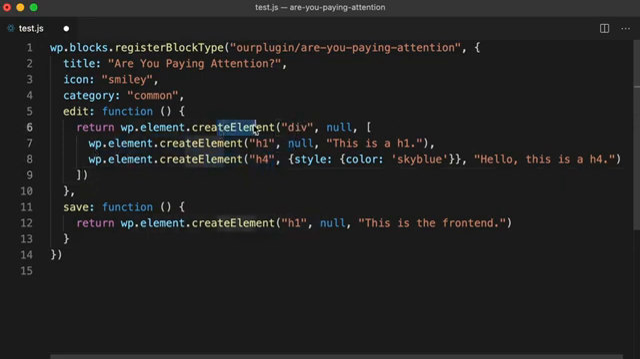So remember, create element takes 3 arguments: the type of element you want to create, any properties or attributes describing that element, and then the third argument is the content for that element. So in this example that I just pasted in, I have a div, and then for its content, it's actually just an array of other elements. So I have a div with an h1 and an h4. You can see the h4, instead of null for the second argument, I give it a style object, and I set the color. So if I save this and reload,